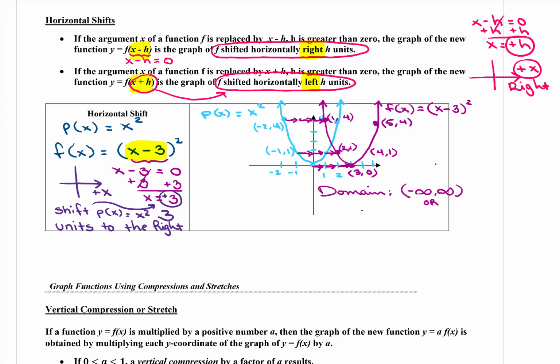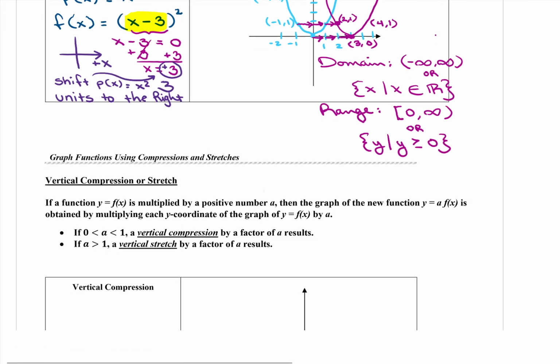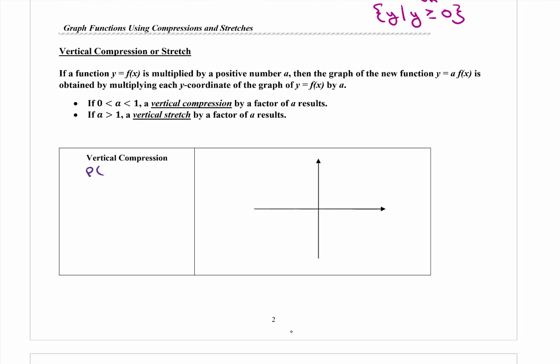The domain of this quadratic function is going to be all the reals. The range is going to be a little bit different from that one, right? It's not all the reals. It's not open here, but it should be the half-closed interval from 0 to infinity. Or we could also write that as the set of all y such that y is greater than or equal to 0. And there we go. And that's our